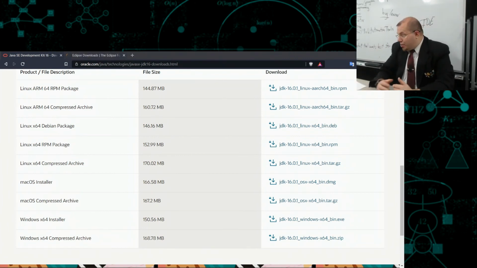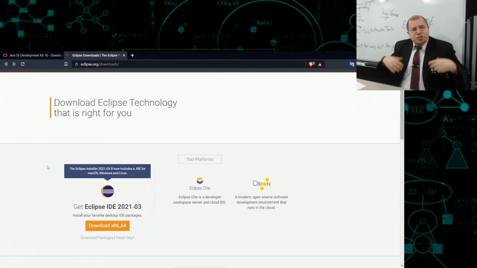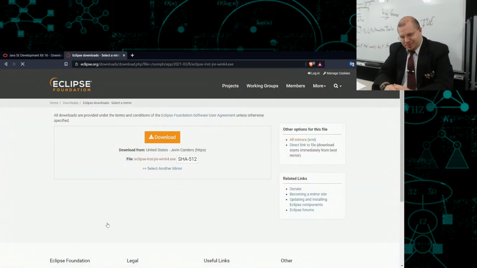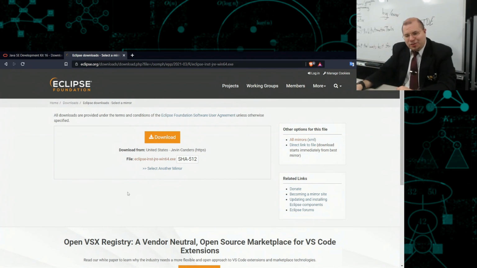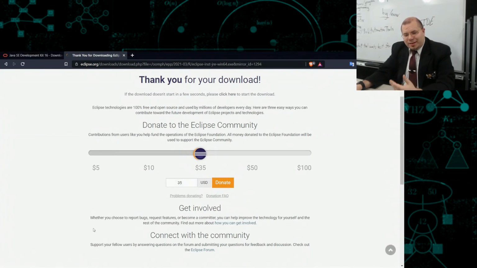So next I'm going to show you how you get Eclipse. You're going to go to eclipse.org and you're going to go to downloads like I have up here. It'll usually recommend you the most recent version. So for example, I have this version here. I would just go download and it would recommend a server to download it from. You can pick one if you like. You just click on download and it will allow you to select the file. This will be the installer, and you'd want to download that.